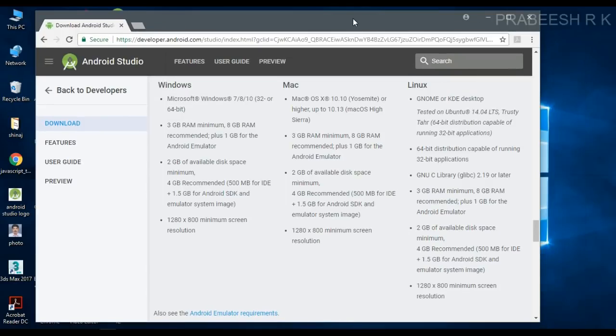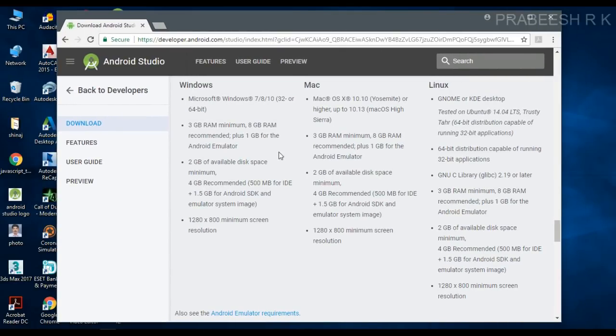So if you're using Android Studio, here is the minimum system requirements. Here is the requirements for Windows. You need at least Windows 7, 8 or 10, 32 or 64 bit. You need at least 3 GB of RAM. 8 GB is recommended. And if you test your application on Android emulator, the emulator needs at least 1 GB of RAM. So if you have 3 GB RAM, 1 GB is reserved for the Android emulator, then only 2 GB remaining. Among that 2 GB, your operating system uses some memory. The Android Studio gets only the remaining portion of that memory,